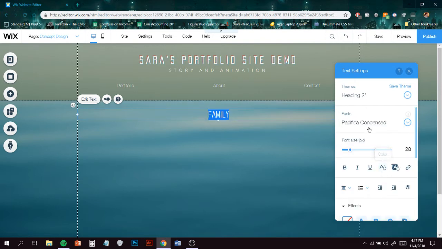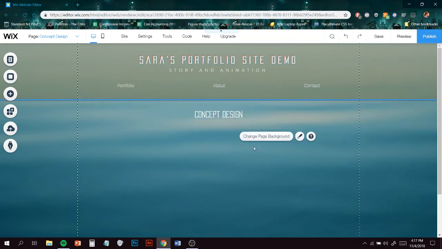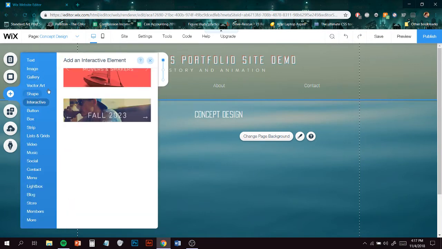Pacifica Condensed. There we go. I will double check. I'm on concept design here. And I will put this in here, concept design. There we go. And now what I'm going to do is add, we're going to go to